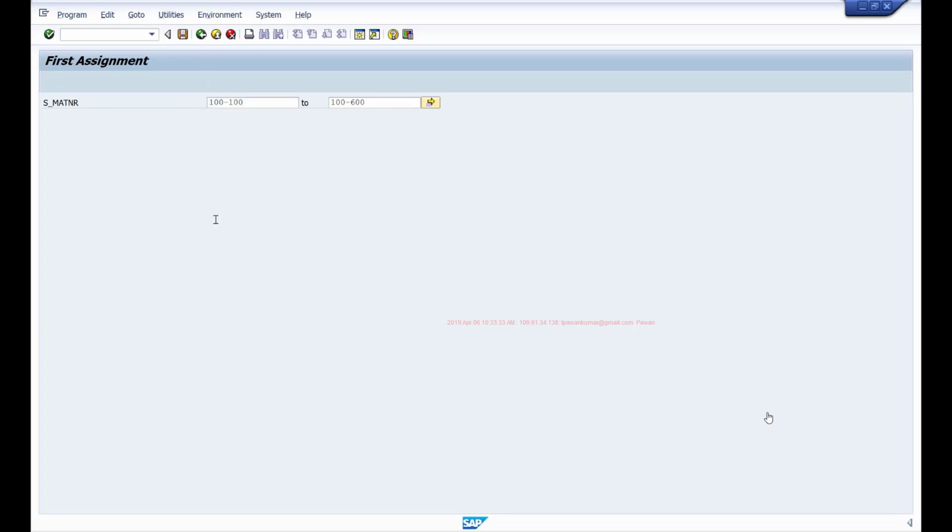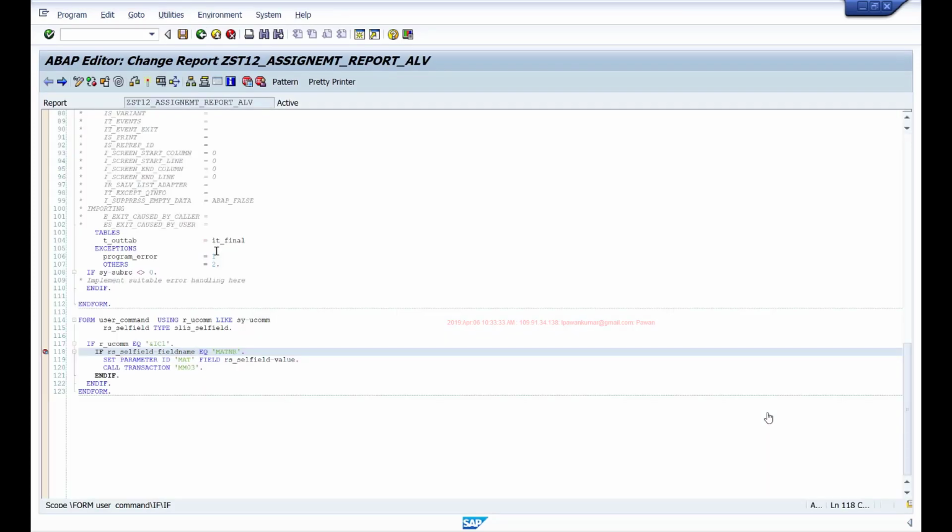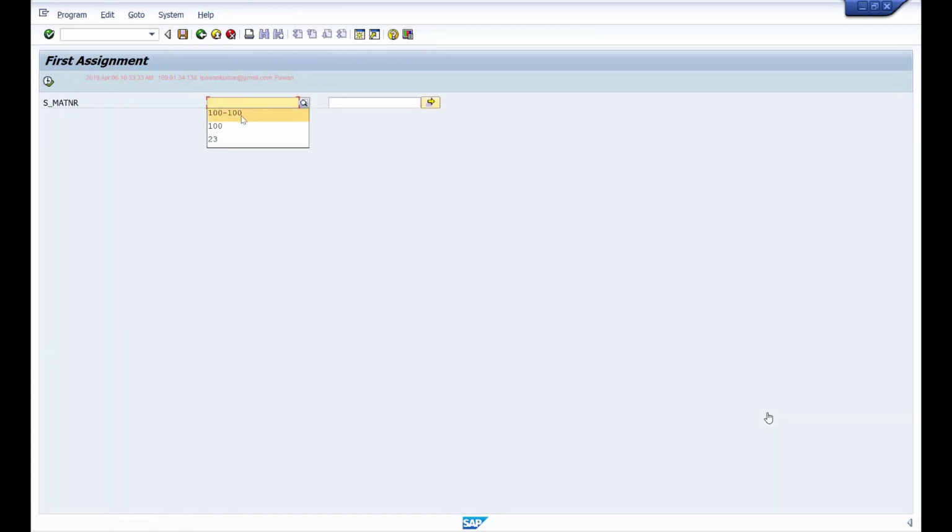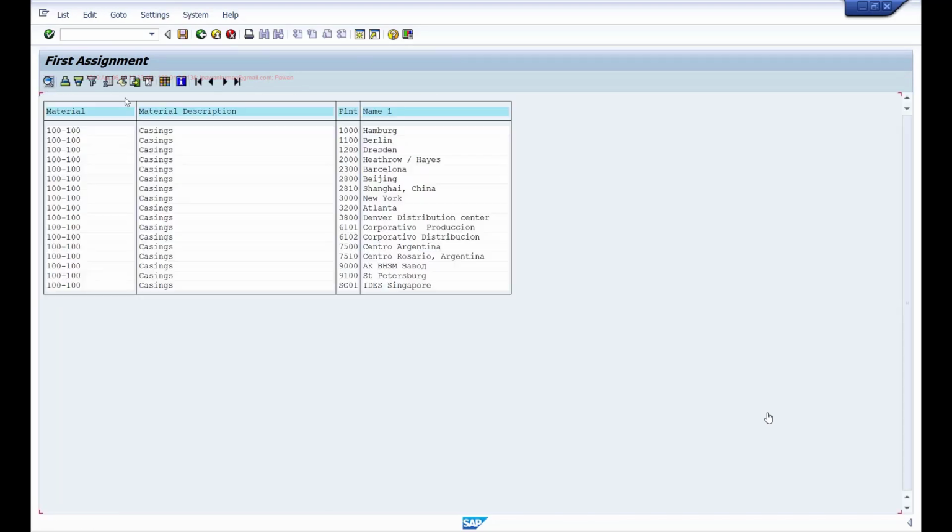And similar to that user command, you can also load your own PF status and add some additional buttons to this output. So here if you see, right now I have some standard buttons. If you want to add one PDF button here and handle that in your program, you can also do that.